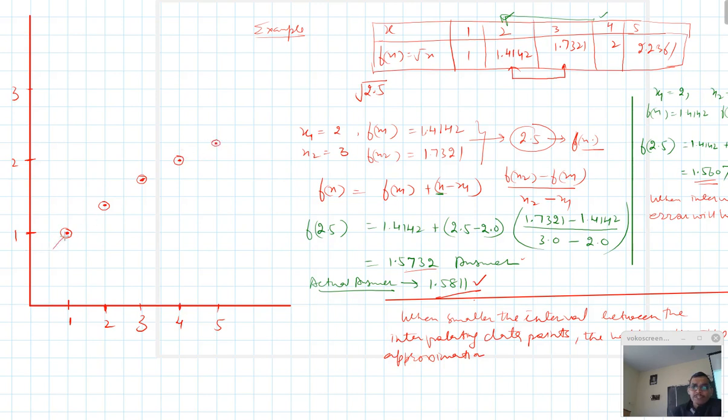So the data points vary like this, and 2.5 is lying somewhere here. So the plot is like this, but when I join these points, they are joined like this. So this is the error,